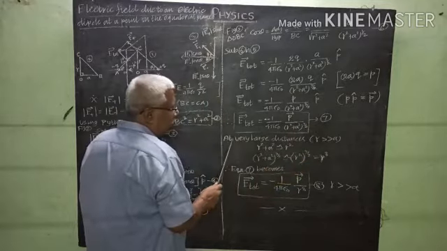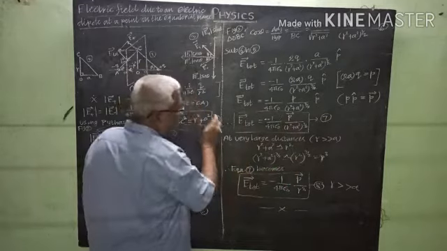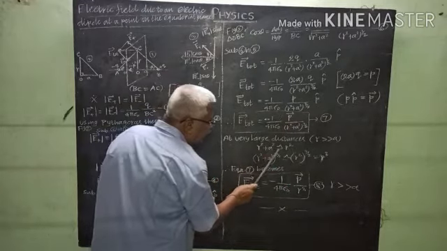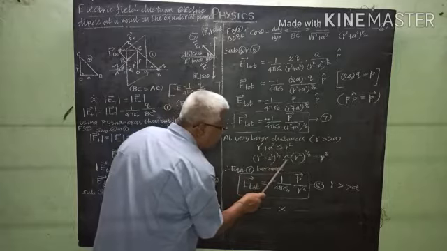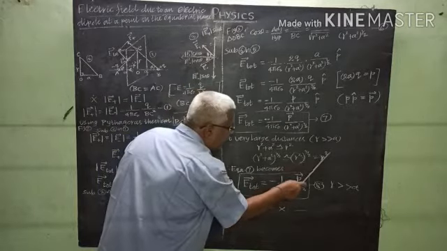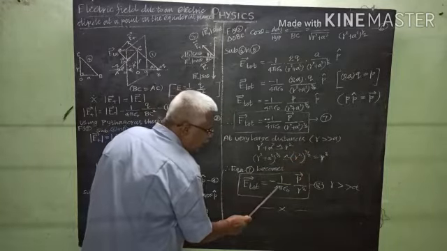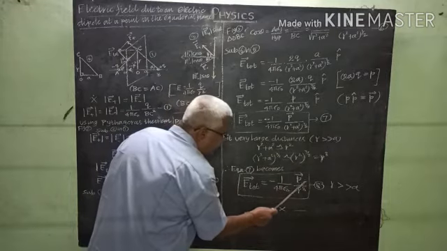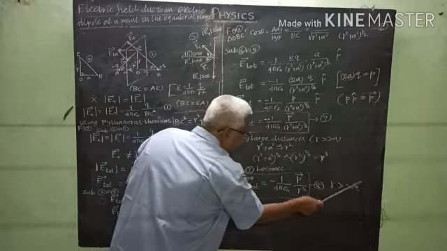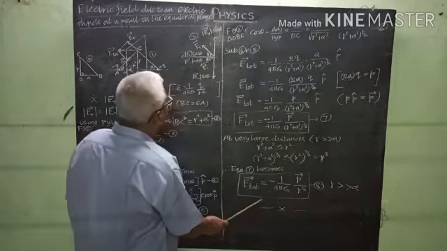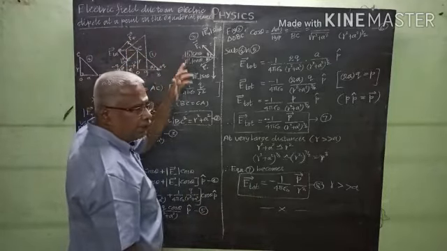Then the approximation. Suppose at very large distance, that is r is very much greater than a. Then r square plus a square is approximately equal to r square. That is, r square plus a square whole power 3 by 2 is approximately equal to r square whole power 3 by 2, that is r cube. Then substituting this, equation 7 becomes E total vector is equal to minus 1 by 4 pi epsilon naught p vector by r cube, equation number 8. This is the condition for r very much greater than a. So this equation number 8 gives the expression for the electric field due to an electric dipole at a point on the equatorial plane. That's all. Thank you.